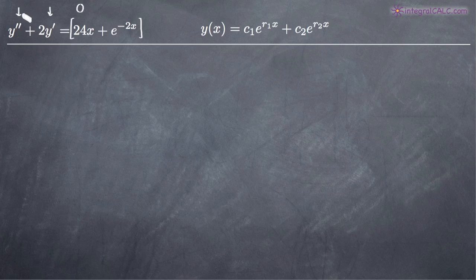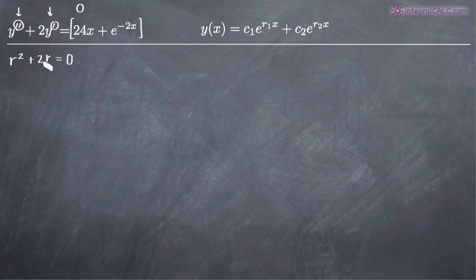The way I like to do this with second order differential equations is to count the number of hash marks on the y variable. Notice that there's 2. So because there's 2, y double prime becomes r squared. Here there's 1 hash mark, so y prime becomes r to the first power, or just r. So we have plus 2r, and we're going to set this equal to 0 because again we're ignoring the right